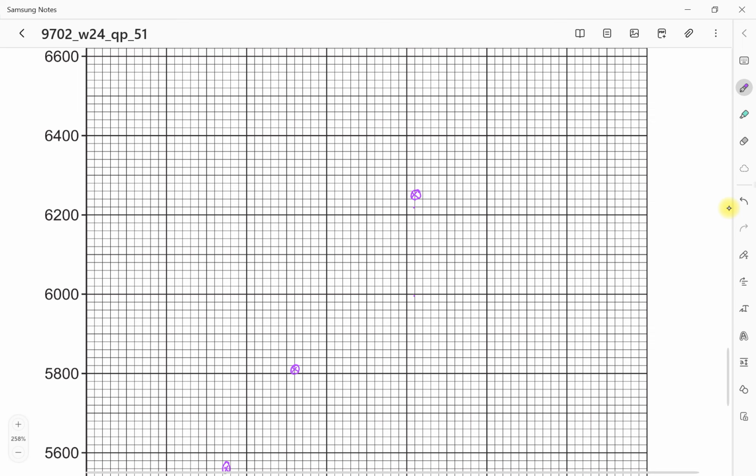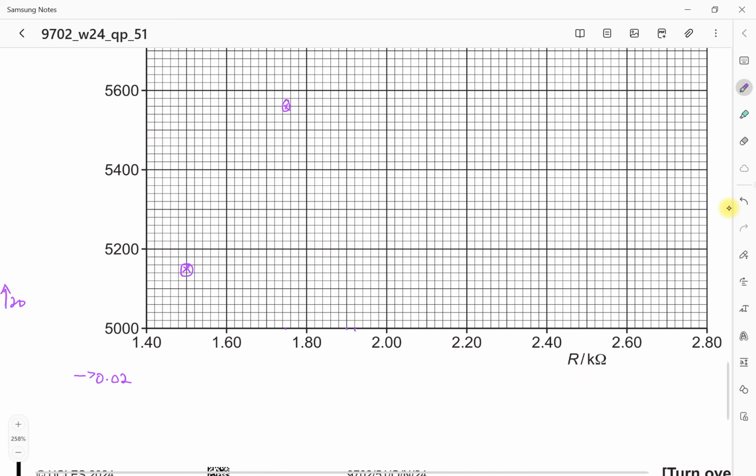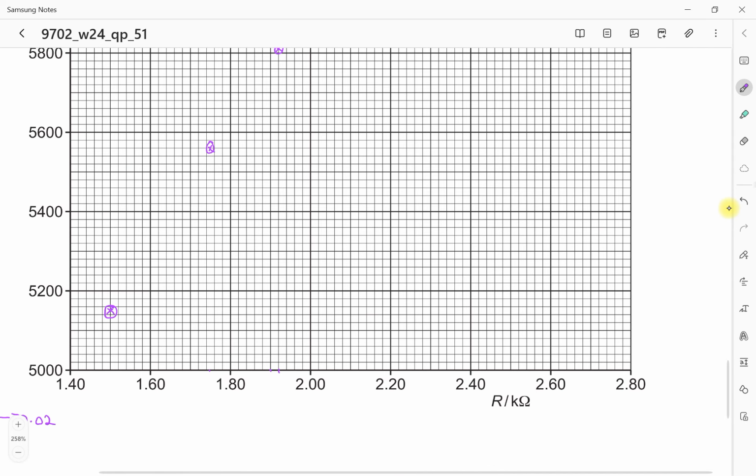Then the other point is 2.48. 2.48. So this is 2.5,